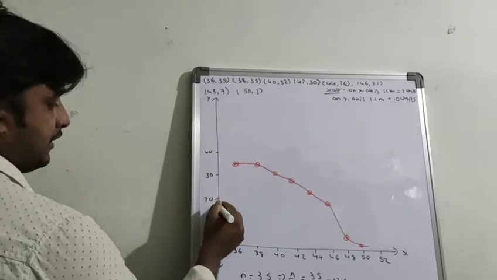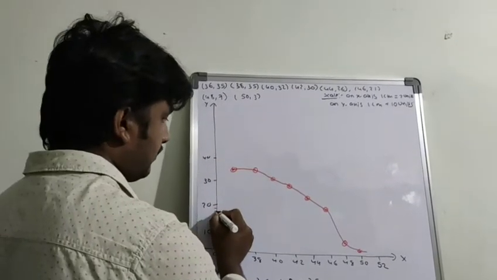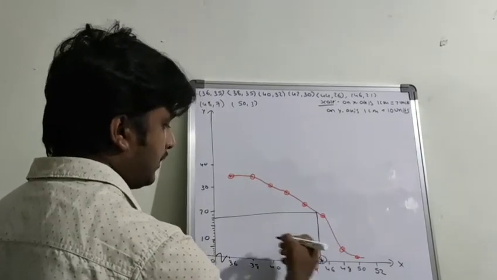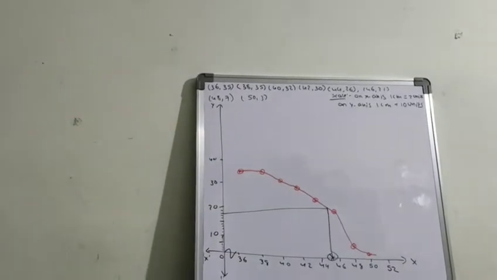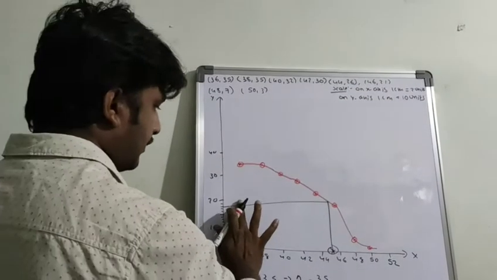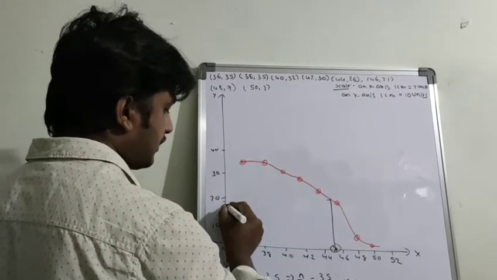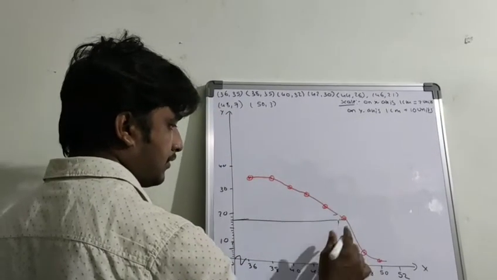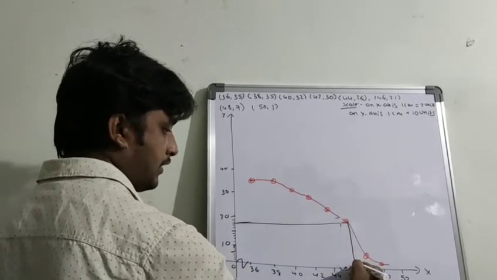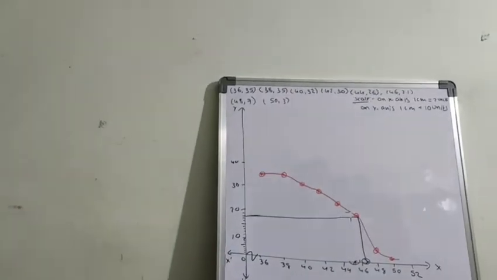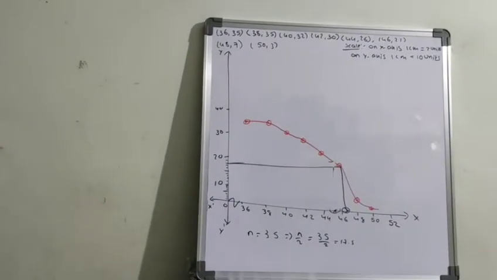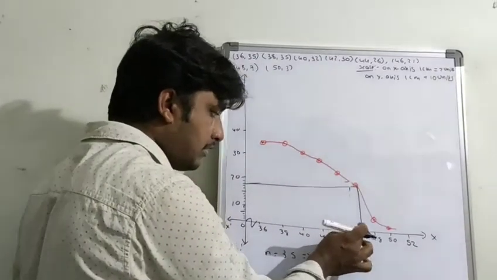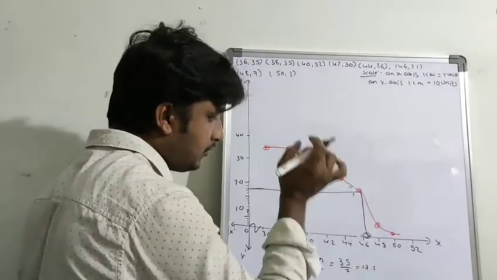15, 16, 17.5 here. From here you have to draw. From there you have to draw. Whatever the value here, that is the median. Actually here it is by using a scale you have to draw. Okay, why? Because this is not a straight line. From here to here, whatever the value, that will become the median. In the graph you will get the exact value. Okay, this is a normal demo graph. Okay, you don't need to write.